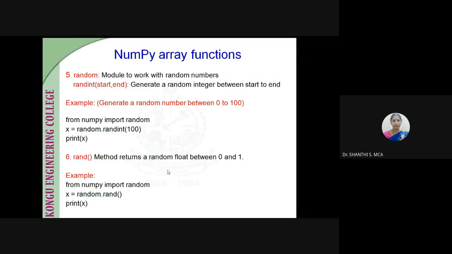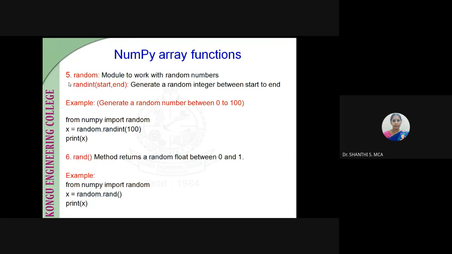Then the next one is random numbers. If you want to generate a random number, we can make use of the function randint. Another one is rand. Here there are 2 functions used: one is randint, another one is rand. Random is a module, and in this module there are so many functions. One of the functions is randint, another is rand.